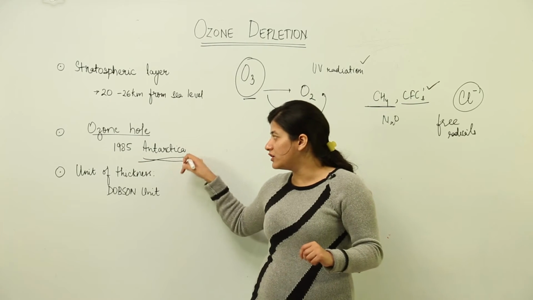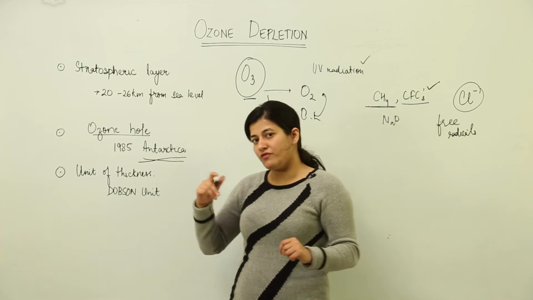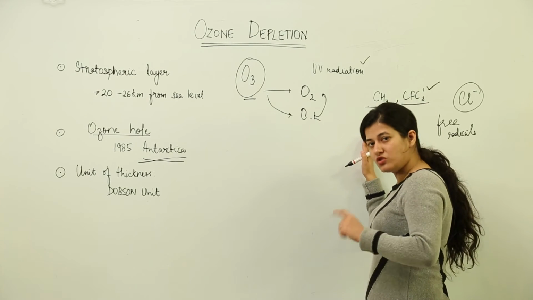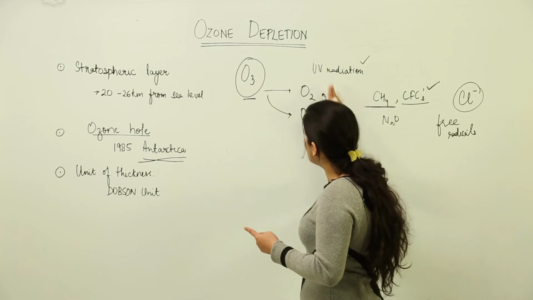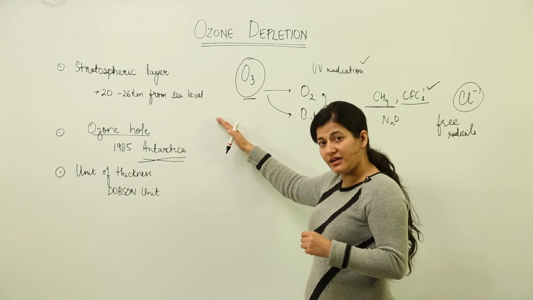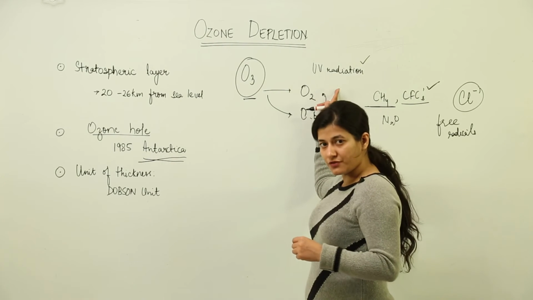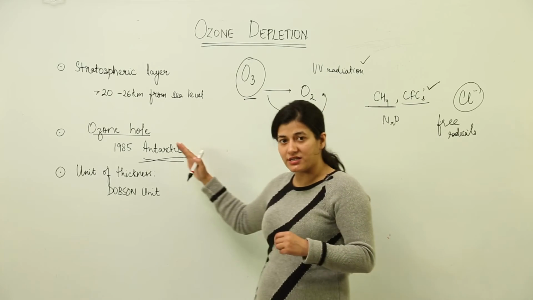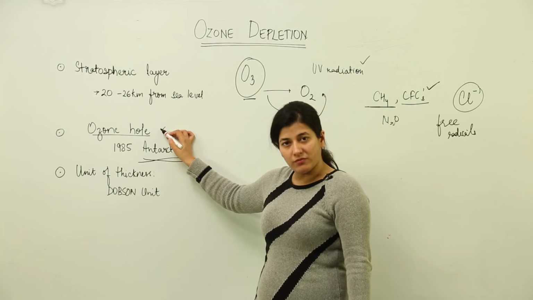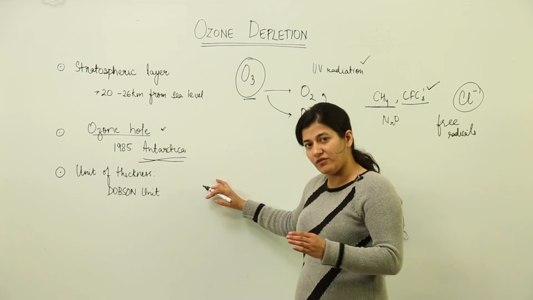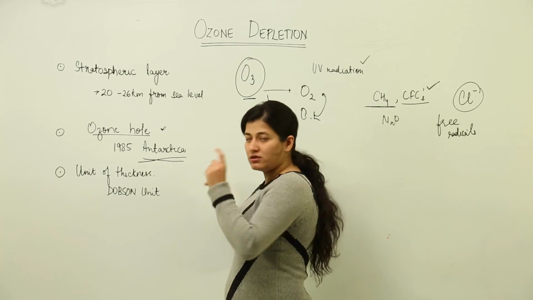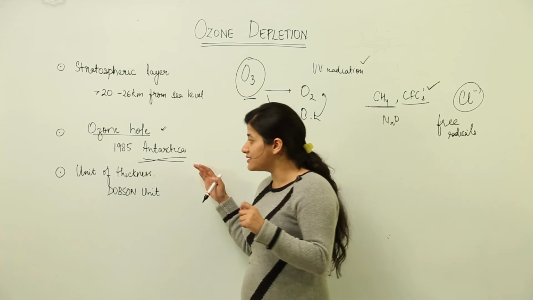The south pole of Earth has a thin layer of ozone from where the ozone has been depleted, all thanks to these CFCs and greenhouse gases which reach over there and do not allow the ozone to function the way it usually does. That is, the reversible reaction is not carried out. One reaction is taking place in the presence of UV radiation, but the reaction which regenerates it has been stopped by these free radicals. So this ozone hole is a big problem for each one of us surviving on Earth, because the thin layer of ozone increases in size.